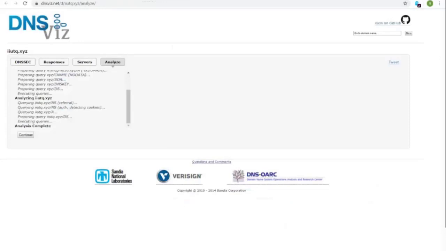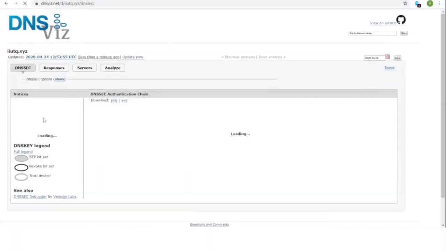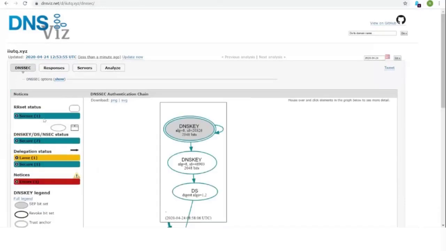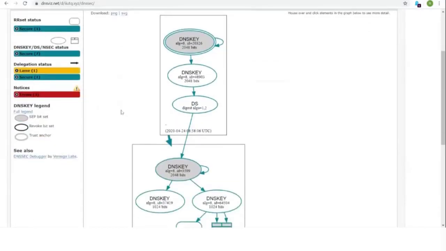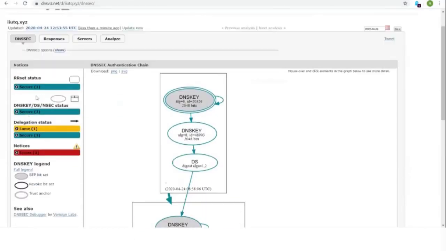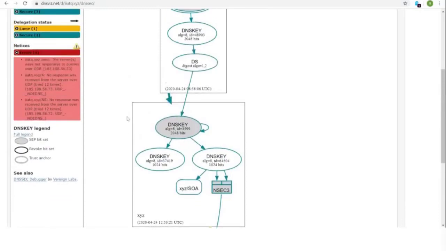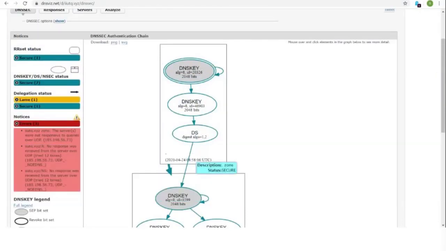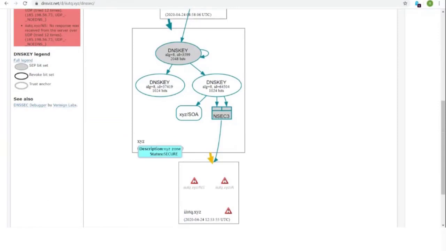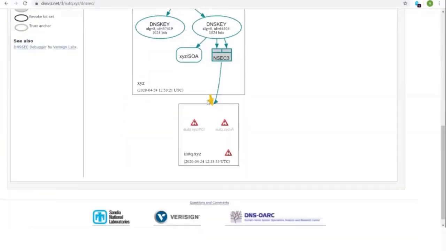I'm going back to the DNSWiz. The analysis is complete. We'll see what's actually happening with the domain. You can see here on the left that there are some errors, and we will see how it looks. So starting from the root perspective, from the root servers, everything is okay. To the top level domain XYZ, everything is okay here, but here there is some issue